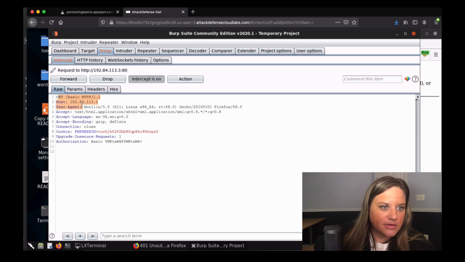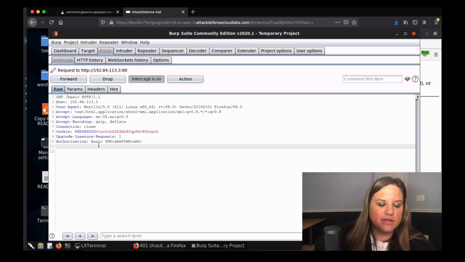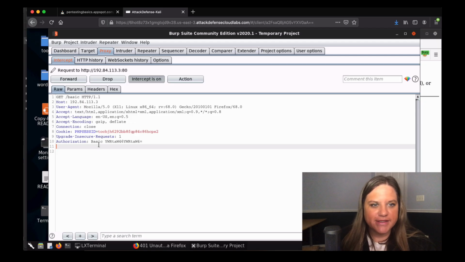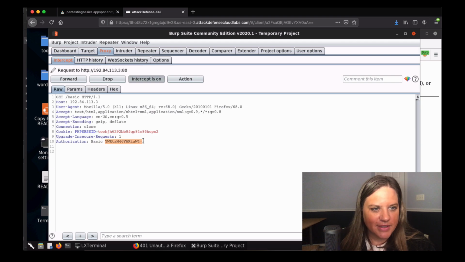We're getting the page basic. It's got the usuals: the host, the user agent, everything for a typical HTTP request. But you see down here at the bottom, authorization basic. So this is using basic authentication, which is not a particularly secure way to authenticate, but some sites still do use it. And yeah, I definitely encourage you to look into basic authentication and why it is generally not recommended